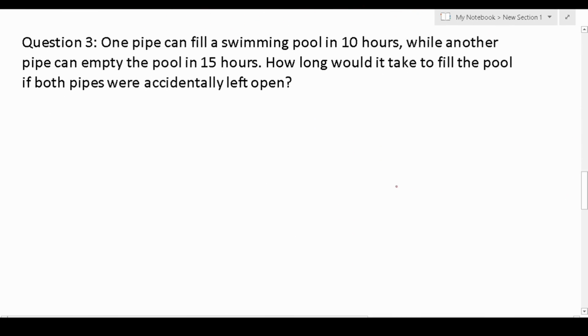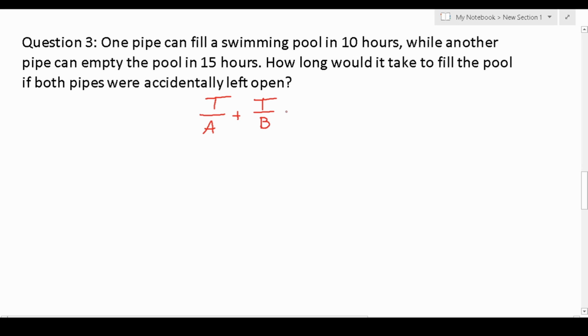All right, question 3 says, one pipe can fill a swimming pool in 10 hours, while another pipe can empty the pool in 15 hours. How long would it take to fill the pool if both pipes were accidentally left open? Not surprisingly, I'm going to start this problem by writing down the generic formula. That is T over A plus T